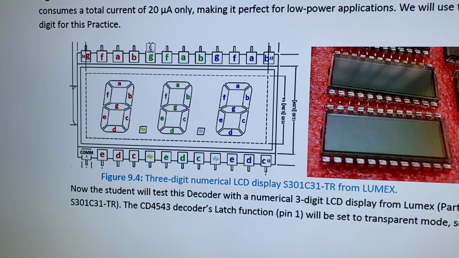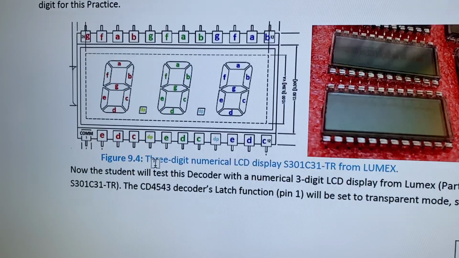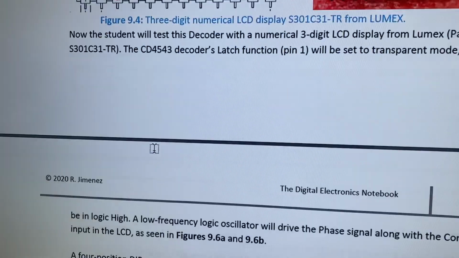For the middle one are the green ones, and for the most significant digit, or MSD, this digit on the left, they are here: A, B, C, D, E, F, G. Okay, so this is the pin out or pin configuration. Okay, now